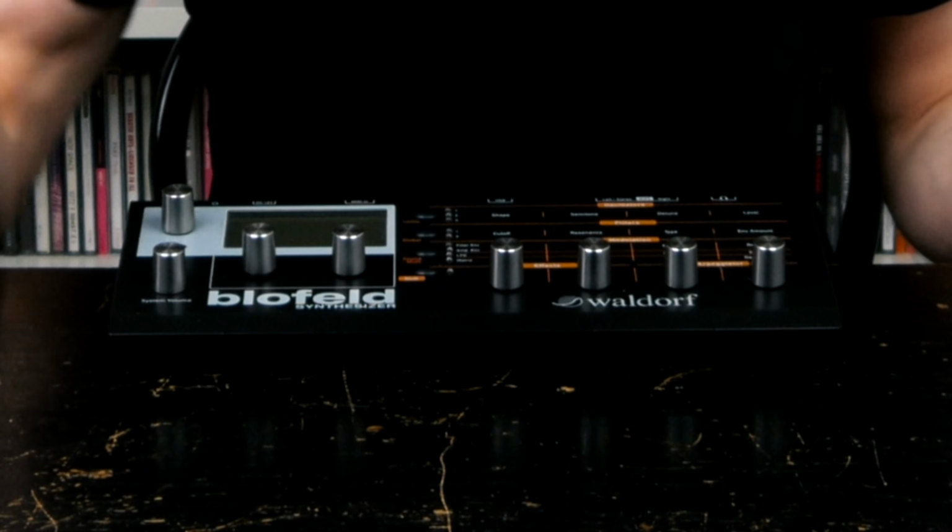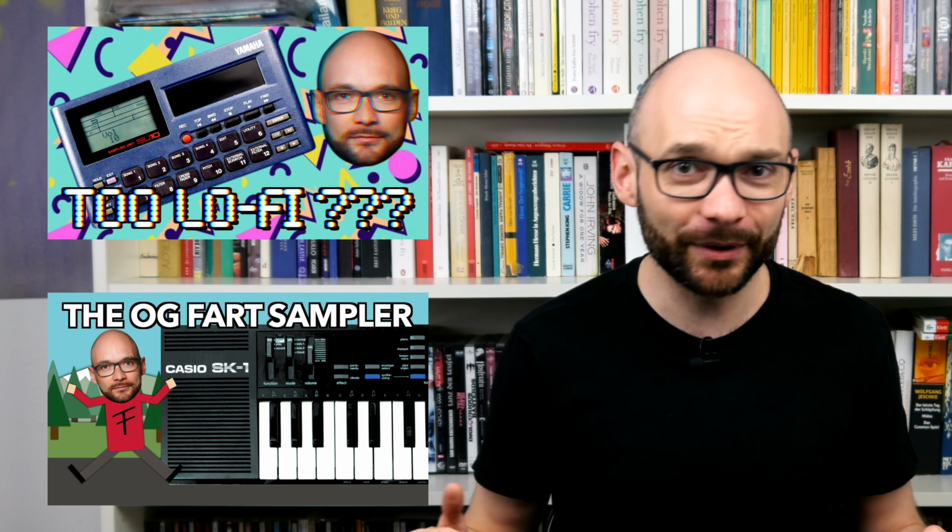Today we're going to talk about the Waldorf Blofeld, and after 2 weeks of old school samplers, I was looking forward to working with sounds that actually contain some high frequencies. This 2007-ish virtual analog, wavetable and, to a certain degree, FM synthesizer is named after the legendary James Bond villain